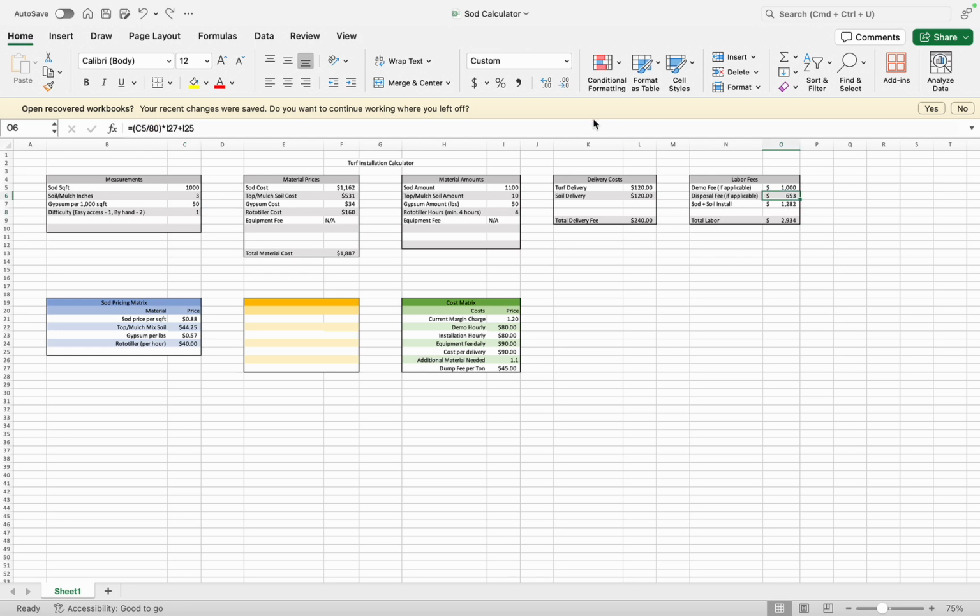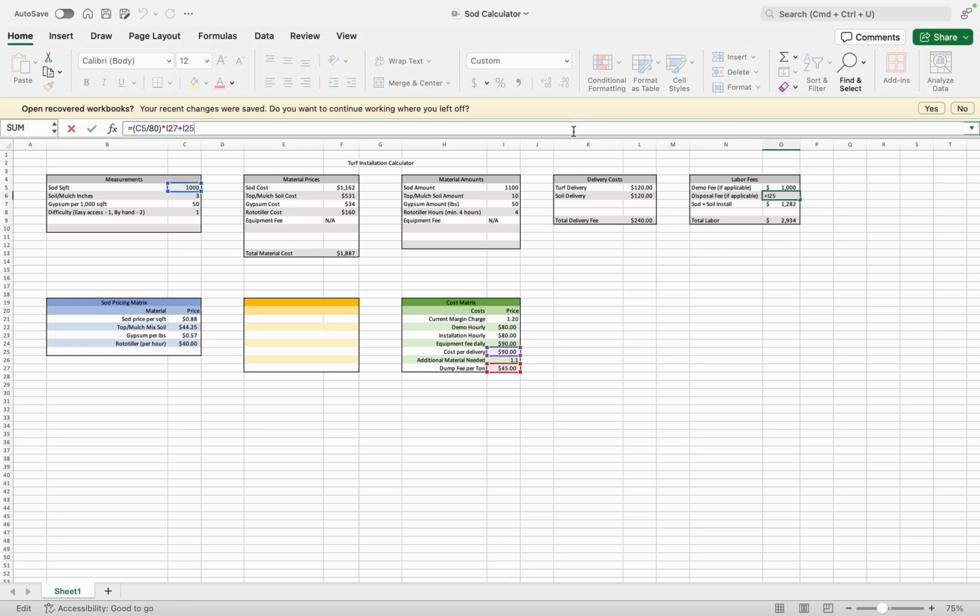And we get to the disposal fee. This is math that you guys will also have to do. Okay. We take the total square footage and we divide it by 80. And you're like, huh, 80. Why? With compact soils at a depth of, basically